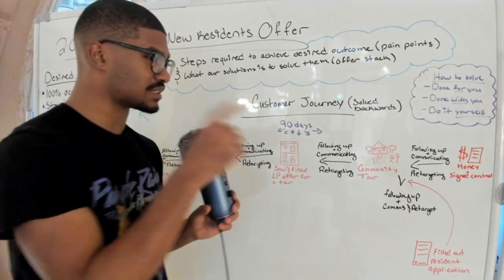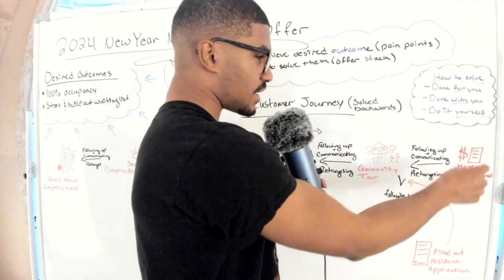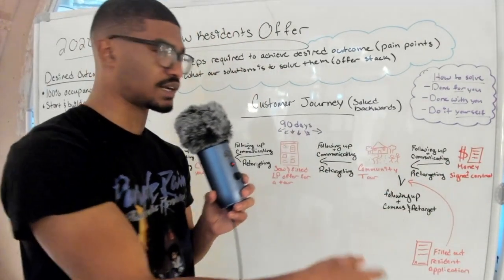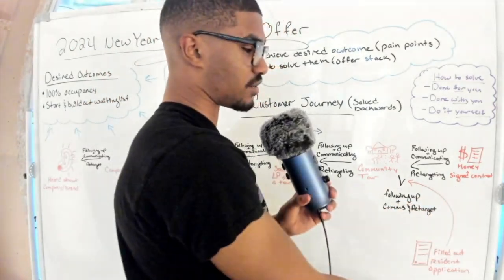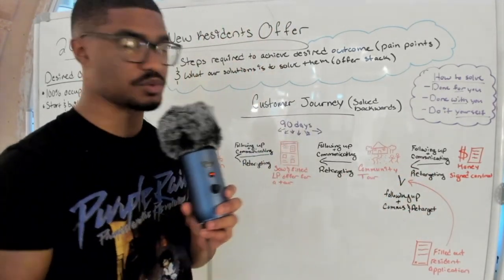So desired outcome, 100% occupancy. What do you need to do that? You need more money from signed contracts, right? So from residents signing contracts. And then before they sign the contract, they're going to fill out a resident application. Before that, they're going to visit the community tour. So for this example,